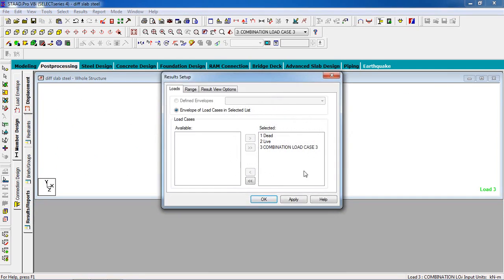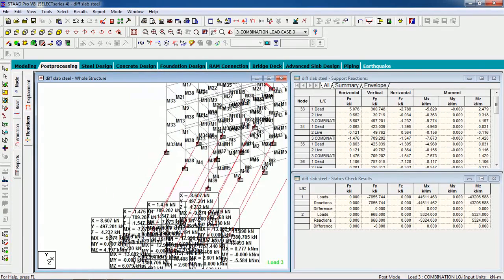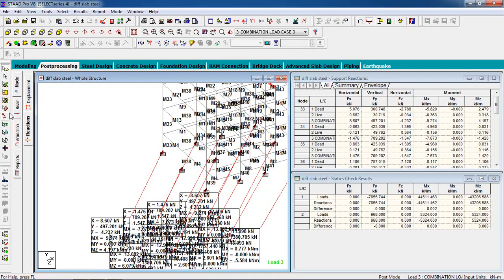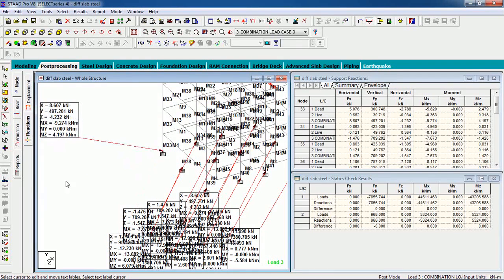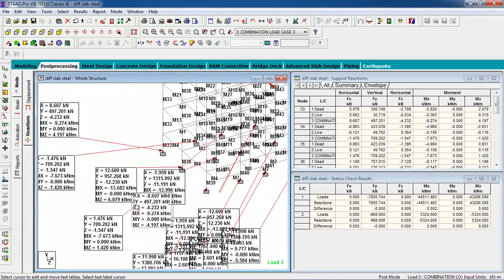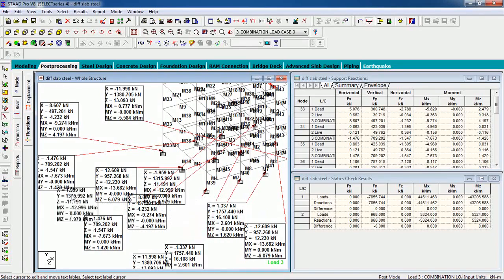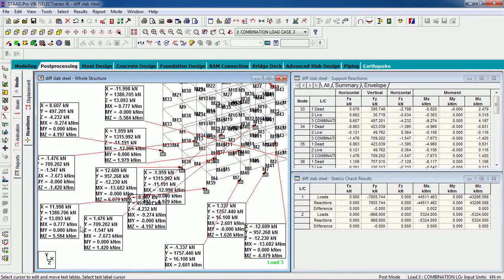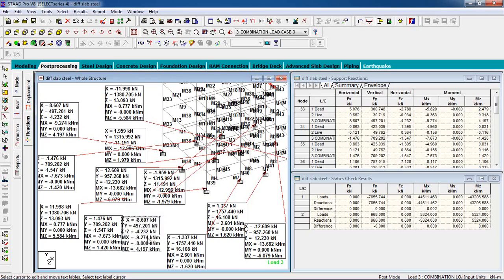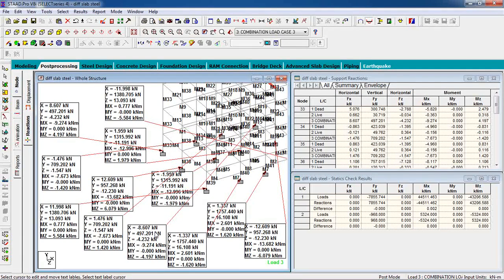You can go to the post processing. Okay, you can have the reactions for the columns. All the reactions are here. So that's it.